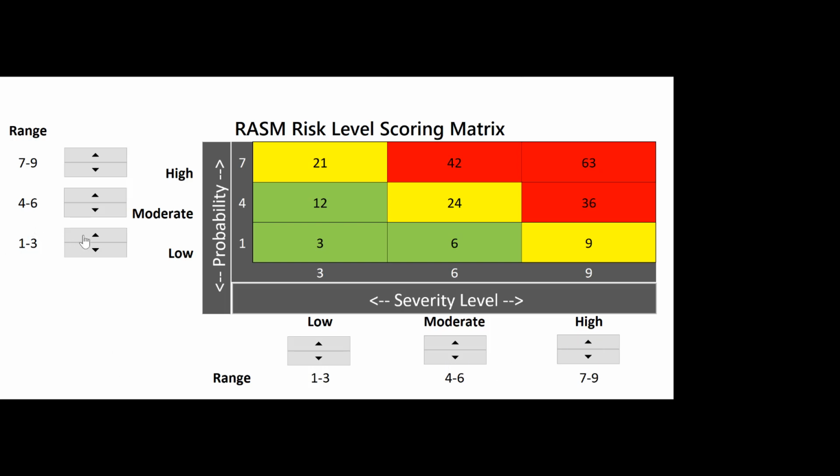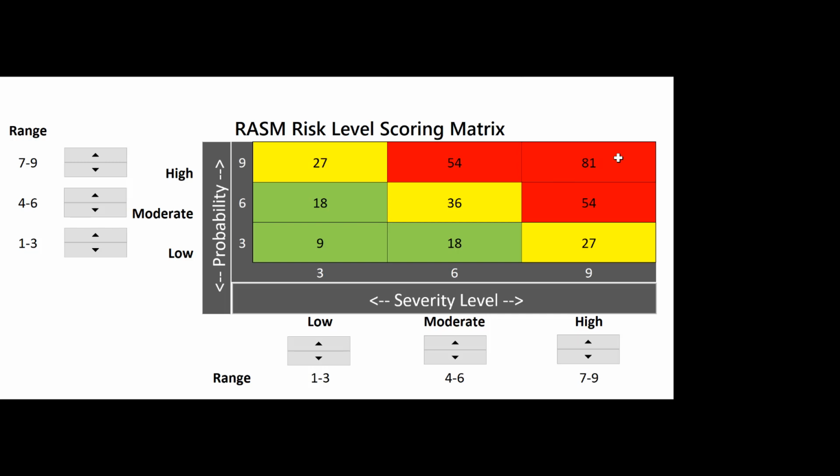Now let's increase the probability level. We're going to go from a 1 to a 2, and up to a 3. Then we're going to go to moderate. We're going to go from a 4 to a 5, and from a 5 to a 6. And now we'll go up to high probability from a 7 to an 8, and from an 8 to a 9. You can see now that we have a range extending from 9 at the low to 81